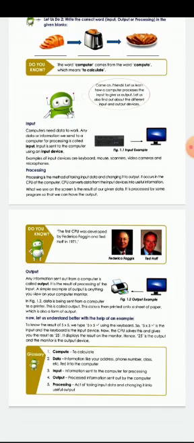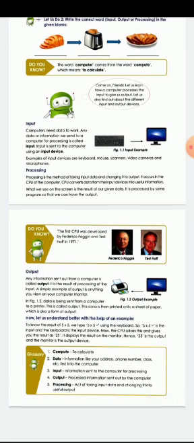Next, data. Information like your address, phone number, class, etc. fed into the computer. You know that data means anything, information about anything. In schools your data is stored, as I said in the previous video also. Students' data is stored, meaning your name, your father's name, your mother's name, your address, phone number, all these details will be stored in students' data. Like that, any information stored or given is called data.